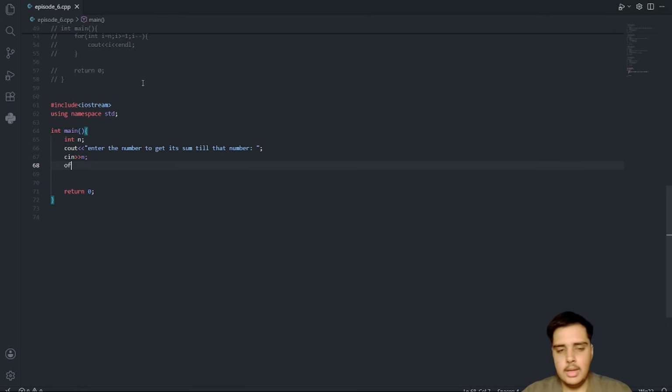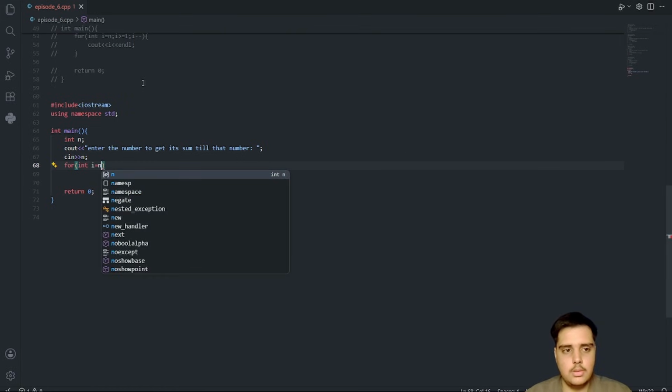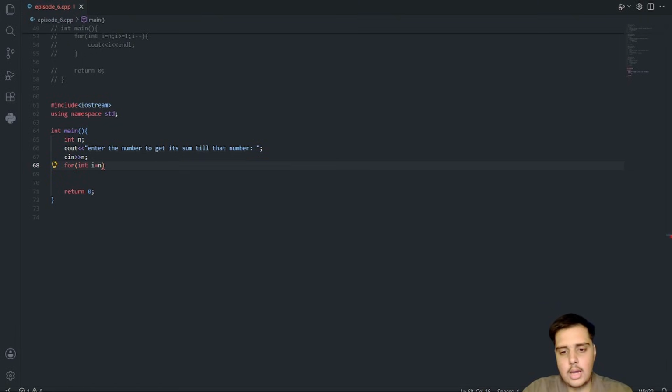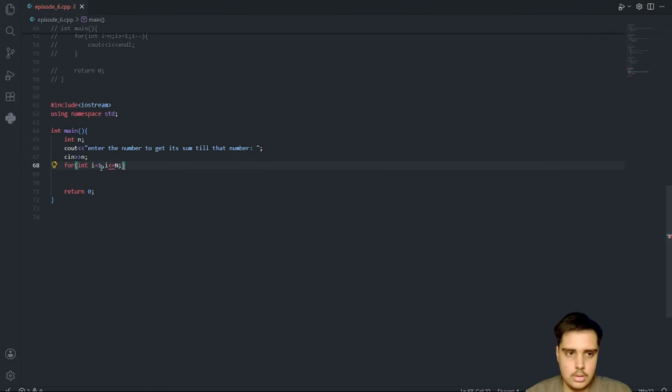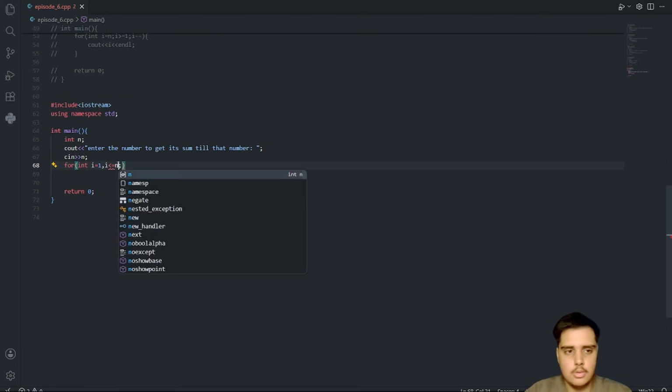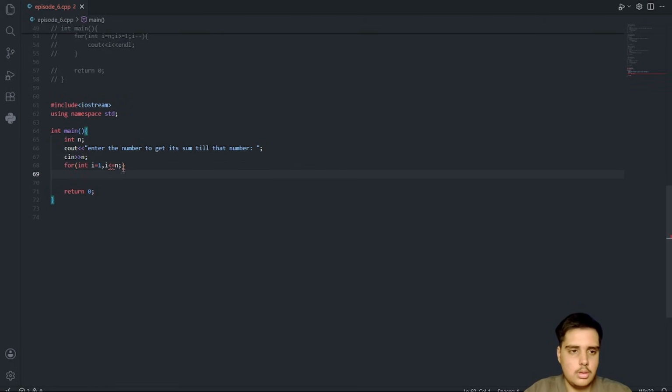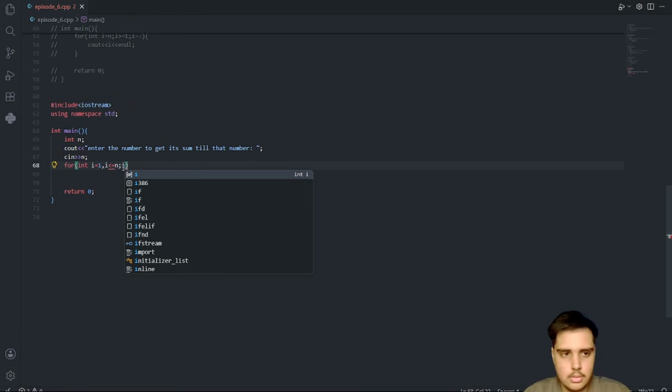So coming to the main thing, the for loop here is strategic. So I will start int i is equal to n. Actually the thing is i should not be equal to n, it should be 1 only. But for the ending it should be i less than equal to n. Actually i less than equal to n is correct, but n is small, and i plus plus.